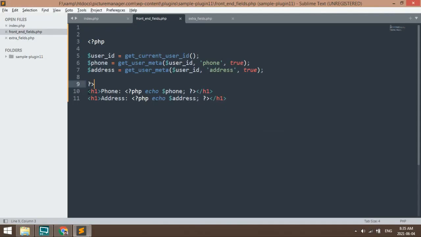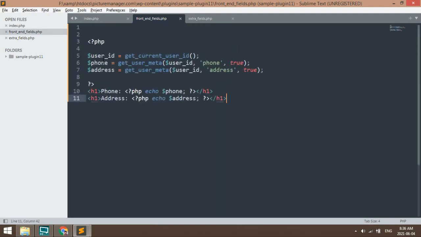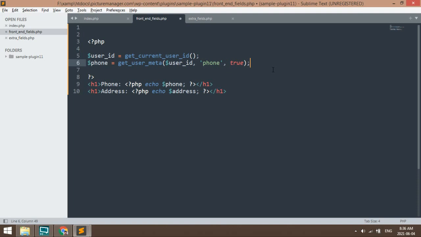Similarly, you can change the HTML layout. You can add any table and you can fetch a number of data. If you have so many fields, then there is another way to get all the fields at a time. You should not specify the meta key.